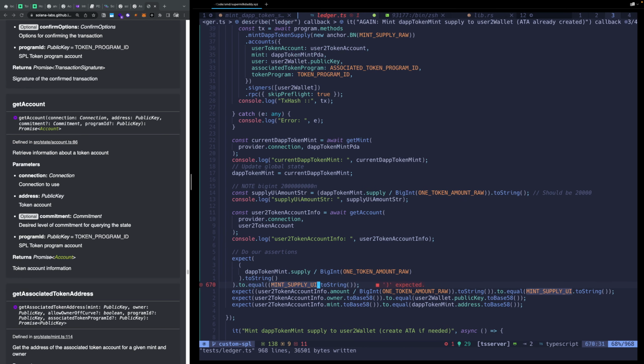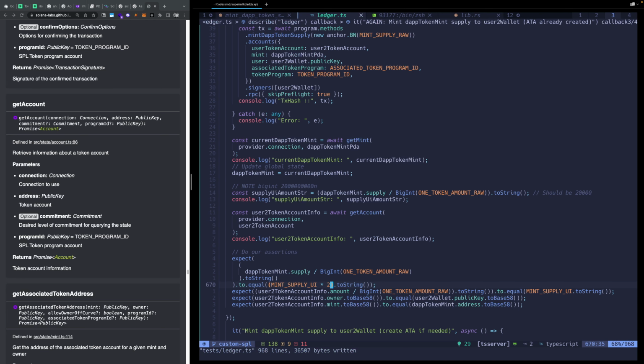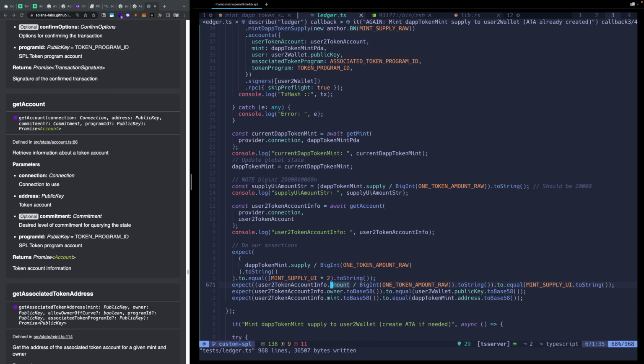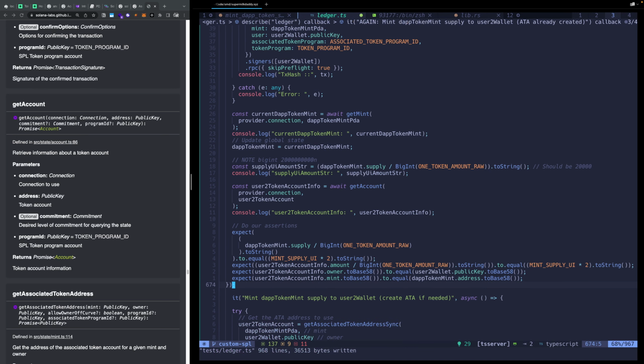I'm going to do something like this, times 2. Right? It's our second time to mint supply to this user. And the amount that they have, same thing. I can wrap all this, do it times 2. Check. And everything else, kind of,